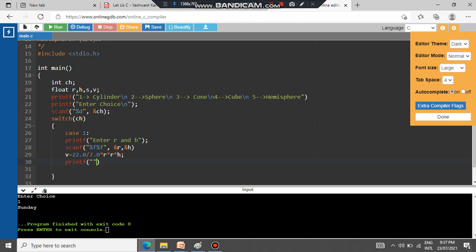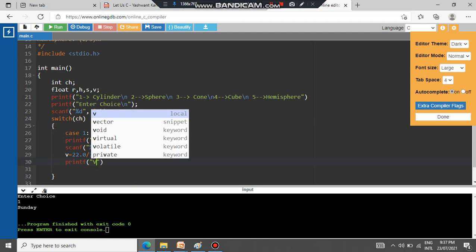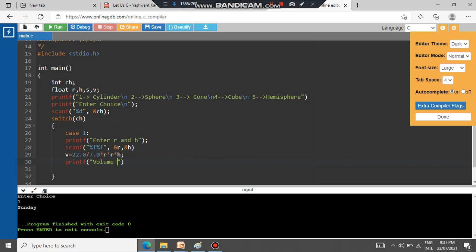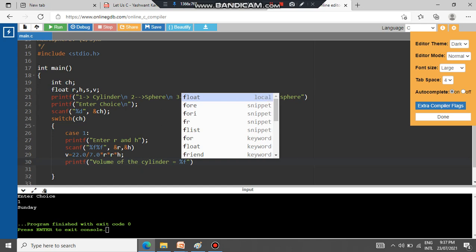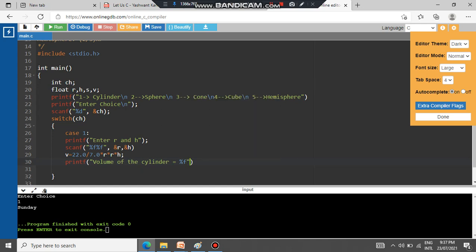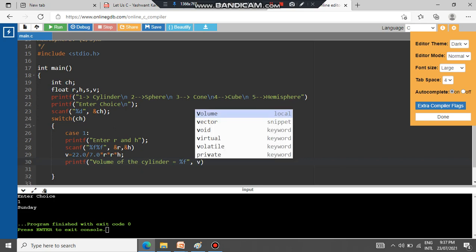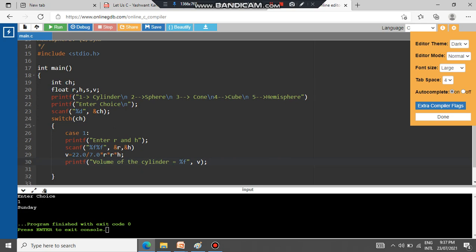Here you will say volume of the cylinder is equal to %f, because the calculated value will be in floating point. So what is that f? That is V. Volume of cylinder is equal to %f, that is V.